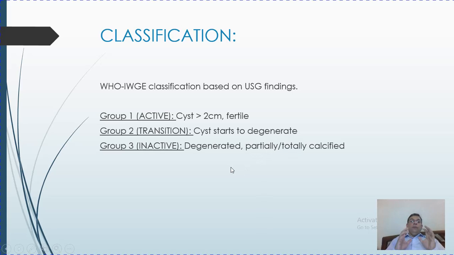So if on imaging you find that a cyst's wall is calcified, it means that it is already inactive. So you would ask, if it is an inactive cyst, why do we need to treat it? Now the reason for treating an inactive cyst would rest on, once again, its site and size, because that is